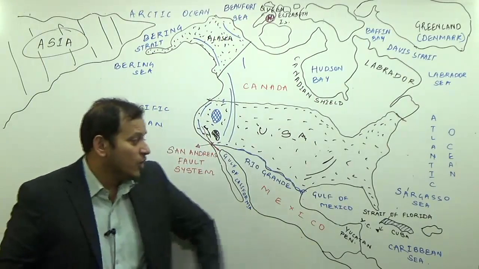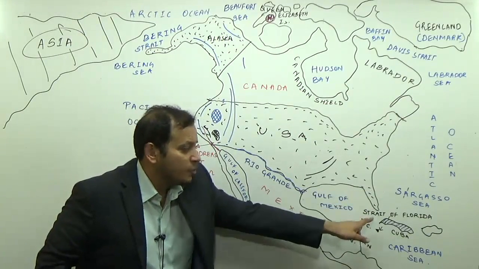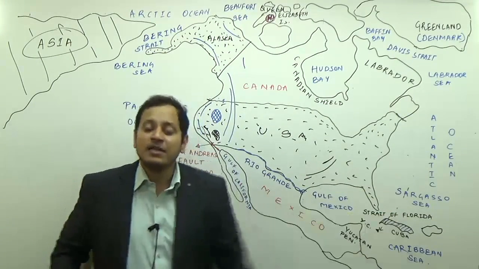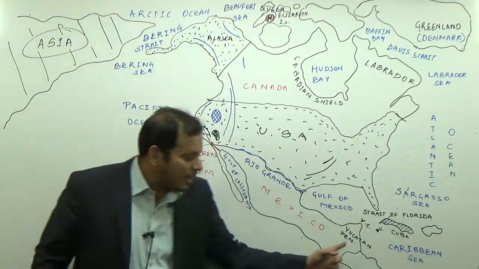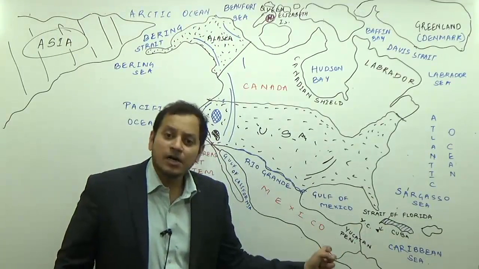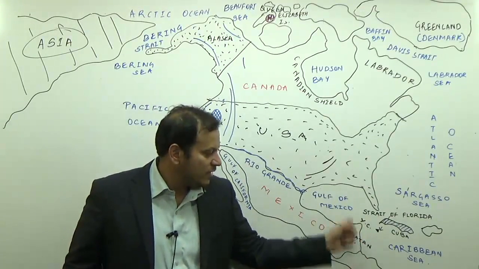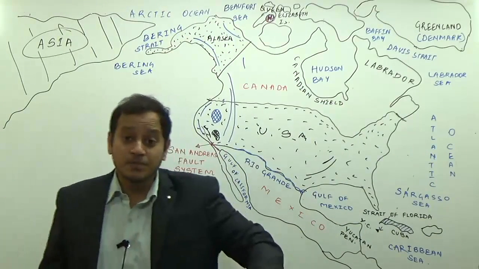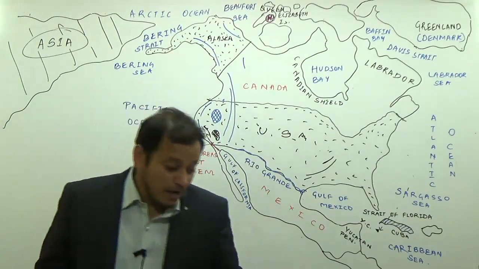Gulf of Mexico is separated from the Sargasso Sea by the Florida Strait, or we can say the USA is separated from Cuba by the Florida Strait. On the other hand, Yucatan Peninsula lies in the country of Mexico, and the Yucatan Channel separates the Gulf of Mexico from the Caribbean Sea region. So that was the surrounding part of the